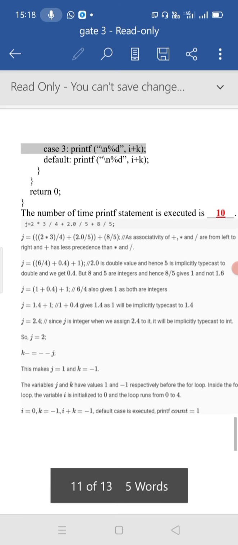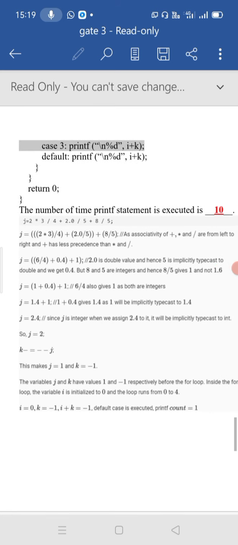Now 6 by 4 plus 0.4 plus 1. Finally we got 2.0 is a double value, and hence 5 is implicitly typecast to double, and we get 0.4, but 8 and 5 are integers, hence 8 by 5 gives the value 1 and not 1.6.